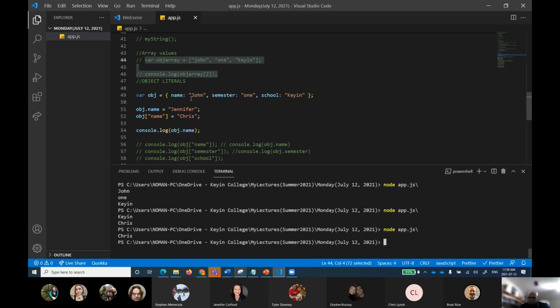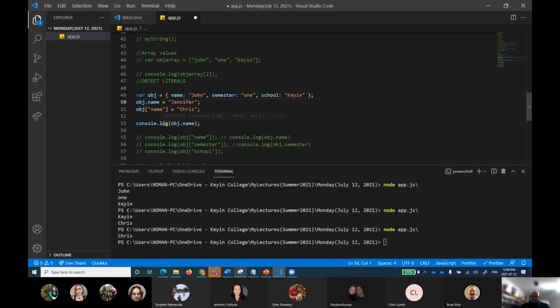You see, obj had defined name equal to John. I use two consecutive statements where I'm making a change in name. I say obj.name is equal to Jennifer. Good, obj has now Jennifer. But the other line comes. It says obj of name equal to Chris. So the most updated name is Chris. Does that make sense? Because this is not rocket science. This is just a sequential statement.